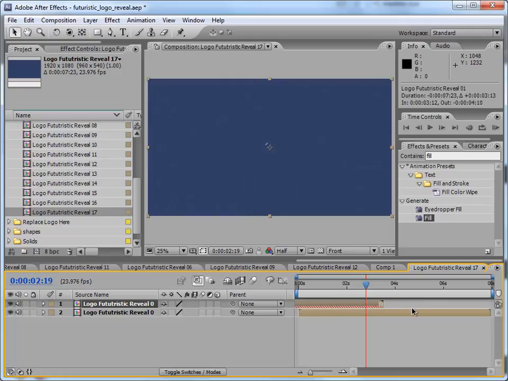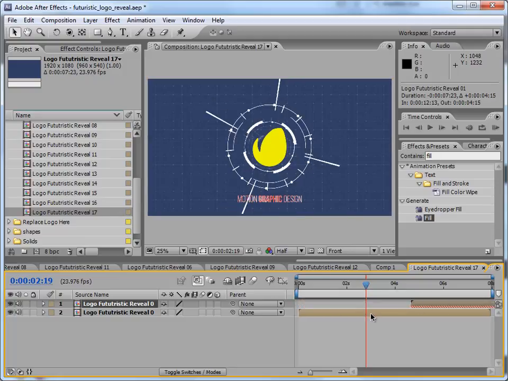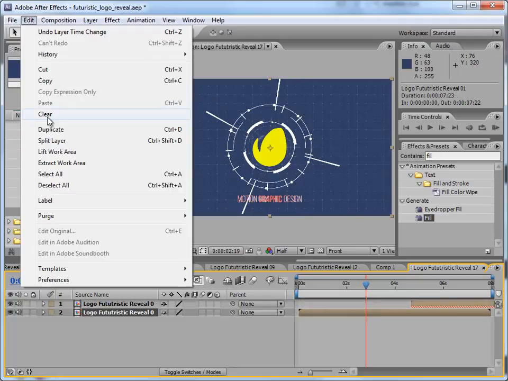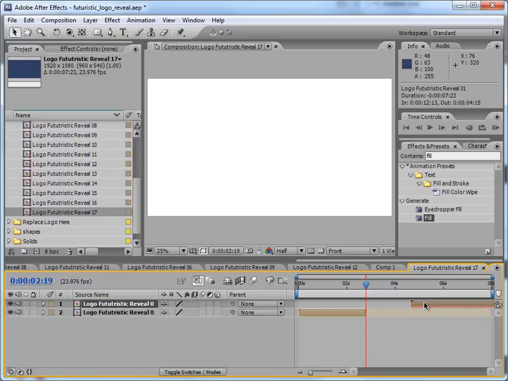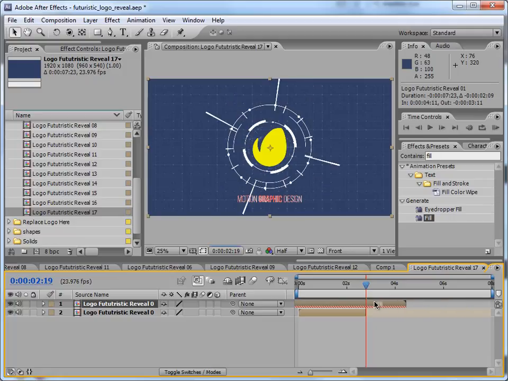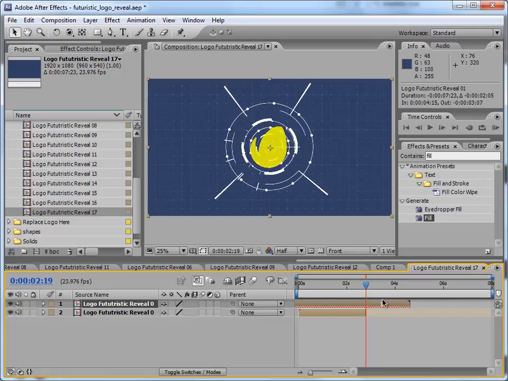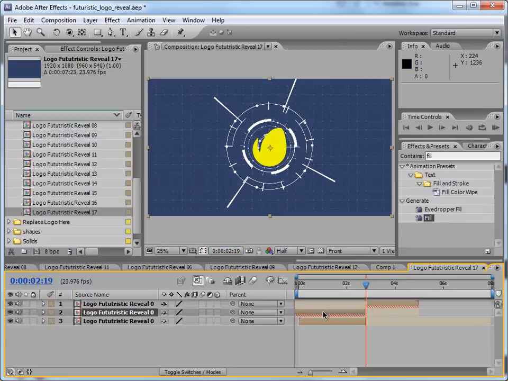You just drag and drop, drag it out, right? And now see from where this animation, this one, you want to stop it here, right? So edit, split layer, and delete this. Now you want to reverse it, so keep on going. So here it reverses, right? Here somewhere, right? So edit, split layer,